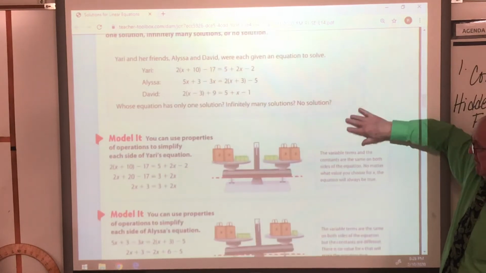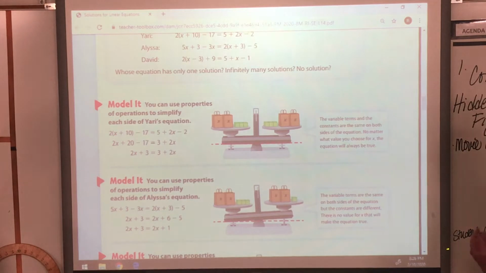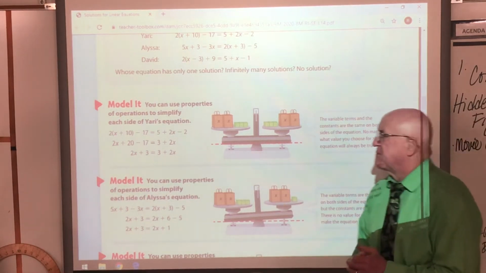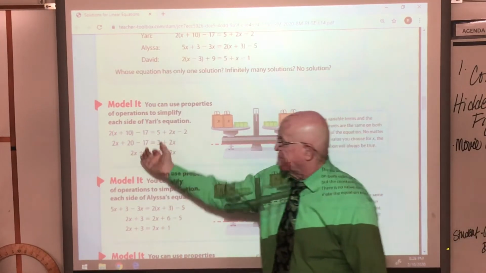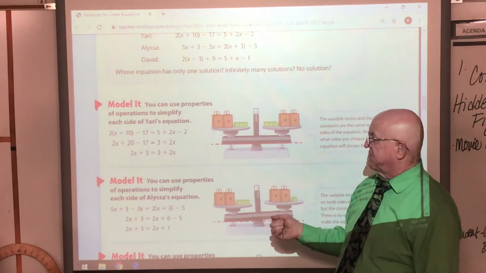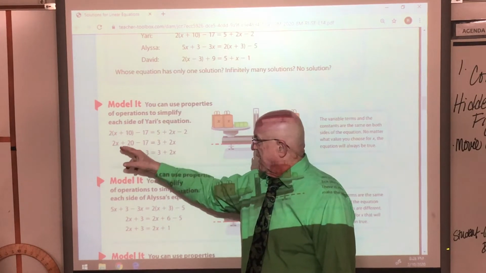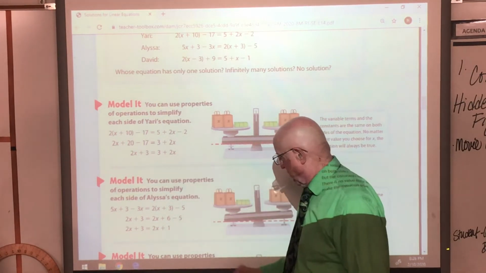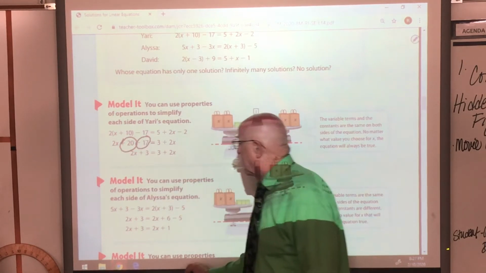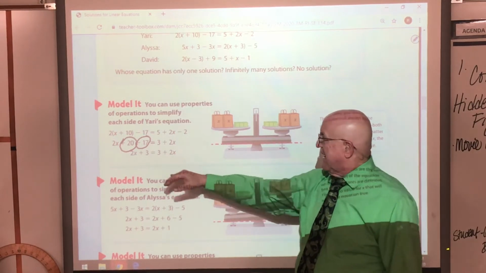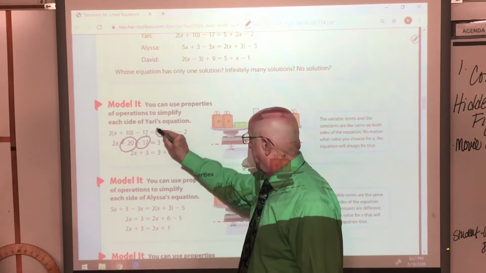We're going to start with Yari's equation. Yari's equation was 2 times the quantity x plus 10, minus 17, equals 5 plus 2x. So the first thing we have to do is distribute the 2 to both terms, and we end up with 2x plus 20 minus 17 equals 3 plus 2x. Then we'll collect like terms, and we have 2x, and then 20 and 17 are like terms. So we have plus 20 and minus 17, which is going to give us 3. So we end up with 2x plus 3, and on the other side, our like terms are 5 and negative 2, which